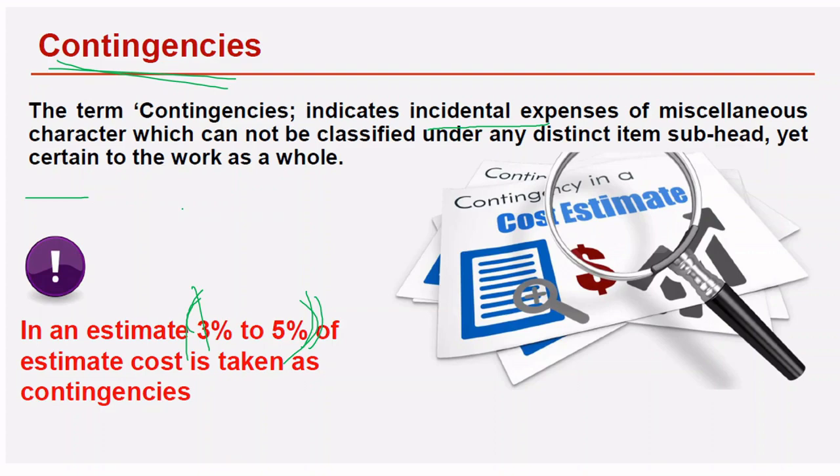So in that case, who is going to bear the charge for them? The contractor only, right? So we are estimating the contingencies as a separate unit of work in our project, right? These are some uncertainties which come while the project is going on, right?